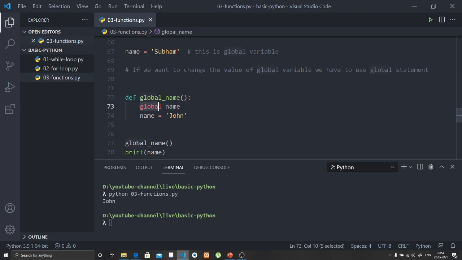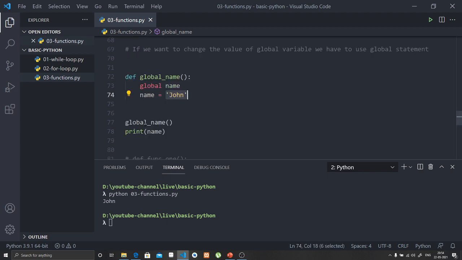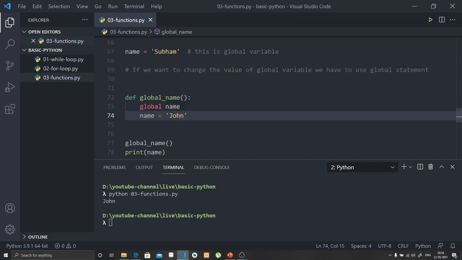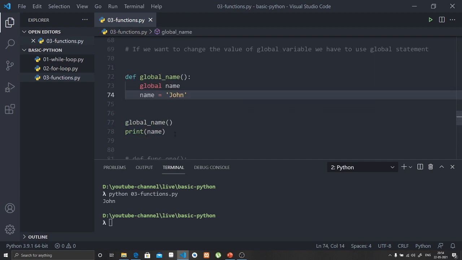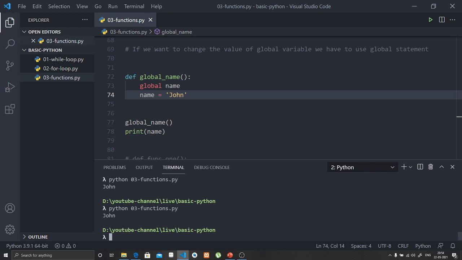I have declared the global statement and the name of the variable, and then assigned a new value. Now after I call this function and print the name, it will change from Shubham to John. Let's run this Python script and see. It printed John, not Shubham. This is how we can change the value of the global variable.